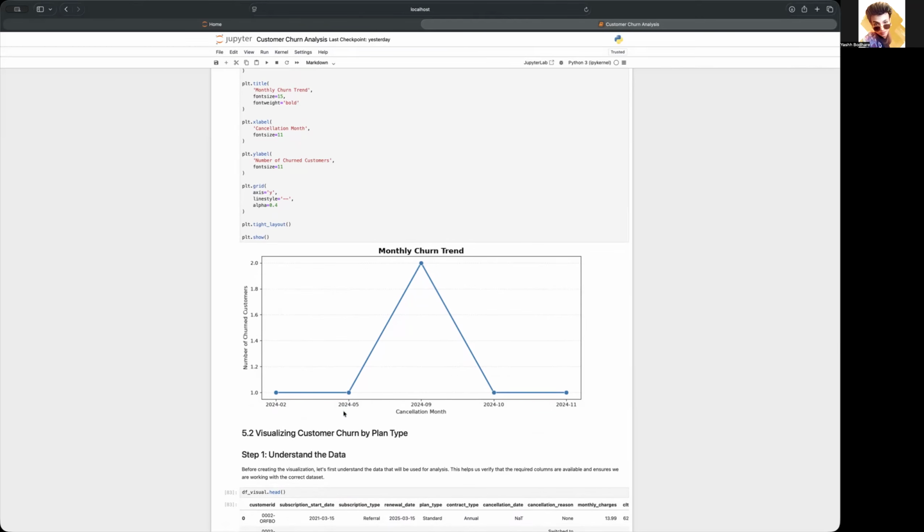So as you can see, the chart shows that churn remained at one customer in February and May, and then increases to two customers in September, and then returned to one customer in October and November. Therefore, September 2024 recorded the highest customer churn in the dataset. However, because this is a small simulation dataset, these results should be treated as an observed pattern rather than strong evidence of a long-term business trend. So yeah,